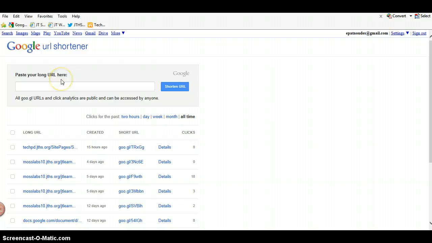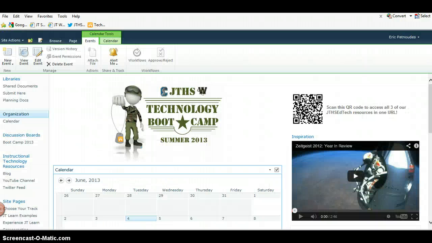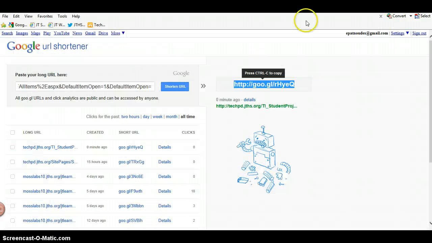So there's a whole bunch of these URL shorteners. The one I like to use is Google. There's also Bitly or TinyURL. They all work the same way. What you do is we have our URL copied to the document. We go ahead and paste it in here, and then we click Shorten URL. Then when you do that, you take that nice big long document and turn it into this tiny little document here, or link right here. So I'm going to right-click and copy that, come back to my site,